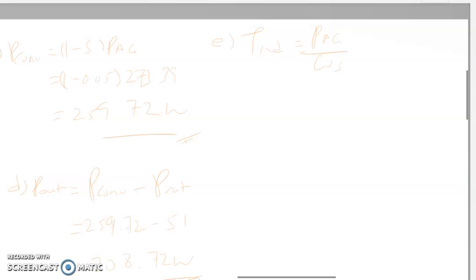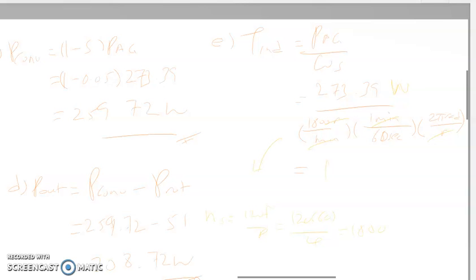Okay, next we have to find the induced torque, which is equal to P air gap divided by synchronous speed. So P air gap we calculate 273.39 divided by synchronous speed. So speed here we have to measure in radian per second. So we calculate in terms of how many rotations per minute, based on the synchronous speed formula, which is Ns equal to 120 times f over P. So 120 times 60 divided by 4, we get